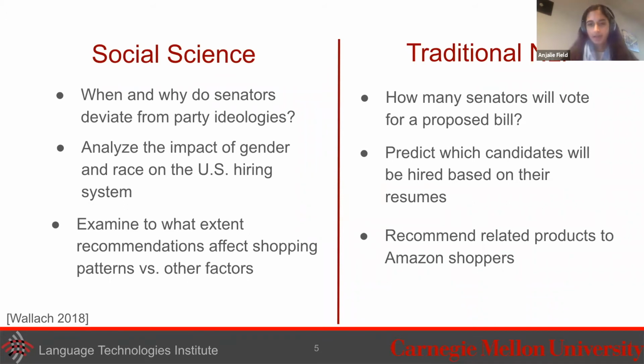So if we try to summarize some of the trends here, and I am generalizing a lot, certainly there are different types of problems in NLP as well. But ultimately, a lot of times what we're interested in for more socially oriented problems is explanation tasks, so understanding why and how things happen. Whereas a lot of times in NLP, we're working more on prediction tasks.